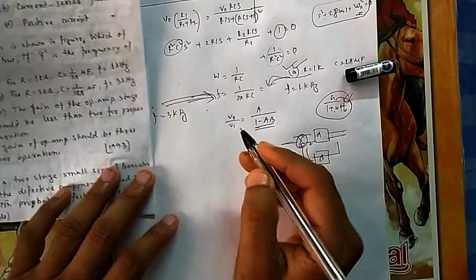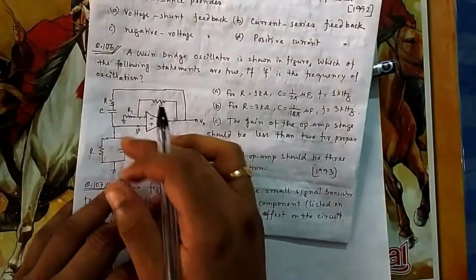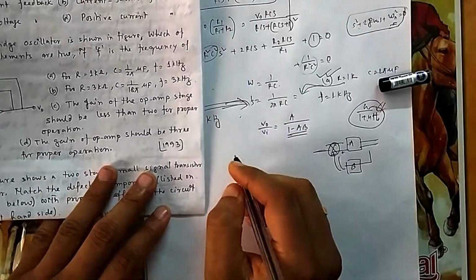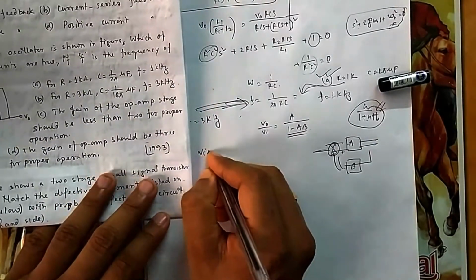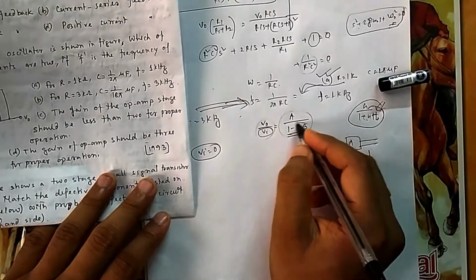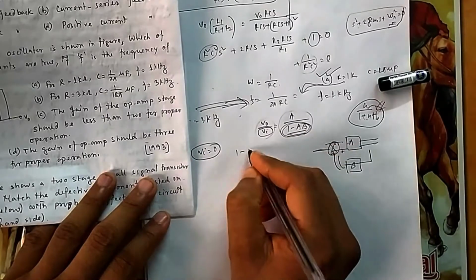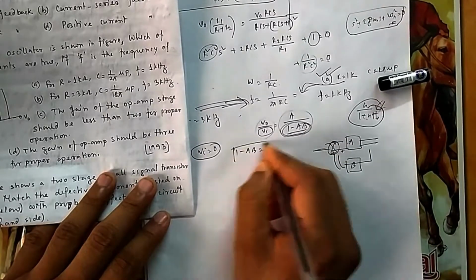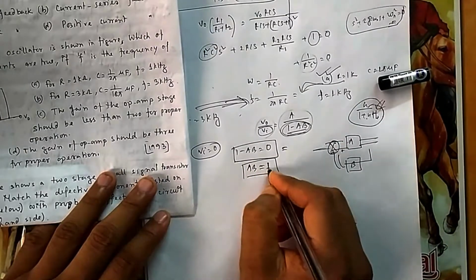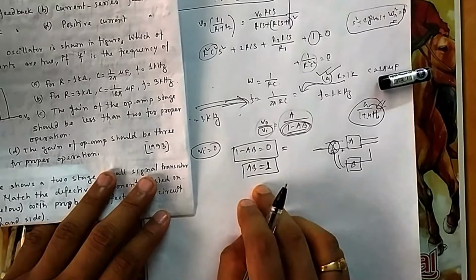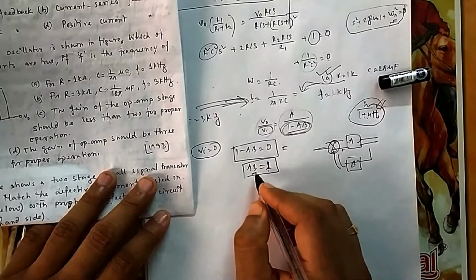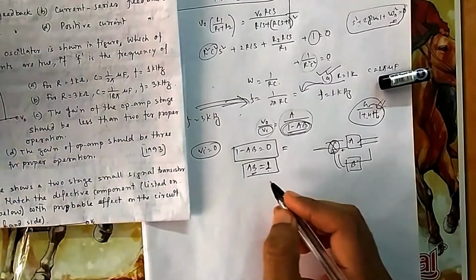Now here you can see there is no input, because you need to do the oscillations, it should oscillate continuously without any input, that is your Vi is 0. So if your Vi has to be 0, this side will be infinity, so this side will also have to be infinite, that is undefined, so this one has to be 0. So that is the very important condition for an oscillator. This should be equal to 1. For an oscillator to perform satisfactorily, you need to have this relation satisfied, that is forward path gain multiplied by feedback factor should be equal to 1.